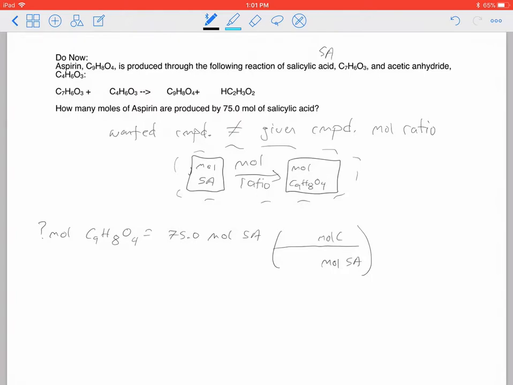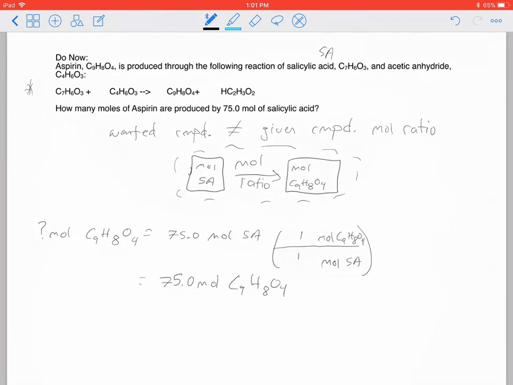So I can do moles of C9H8O4, and the coefficients from here come from the coefficients in the balanced chemical equation. So I go through and I look at this and I notice everything is very nicely balanced. So this is just 1 to 1, which means that I make 75.0 moles of